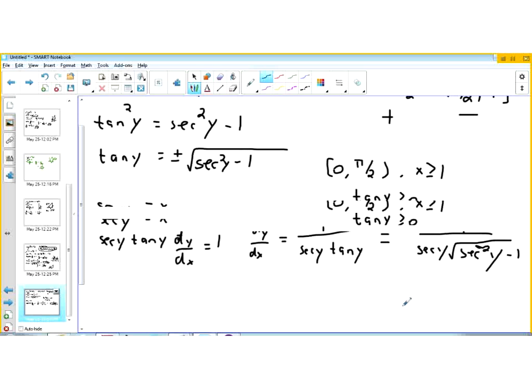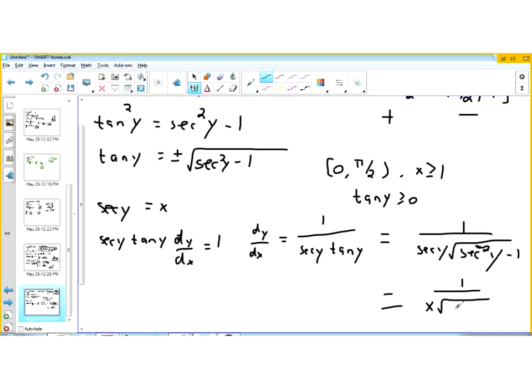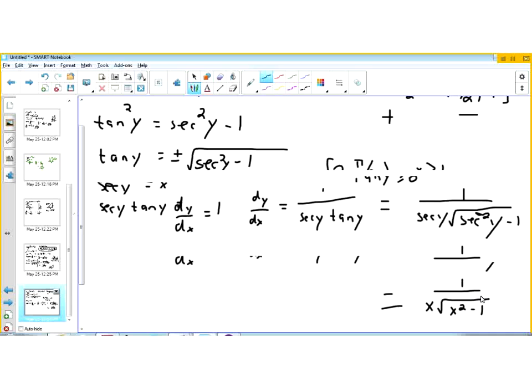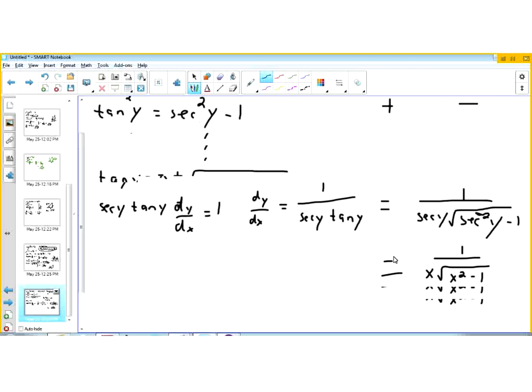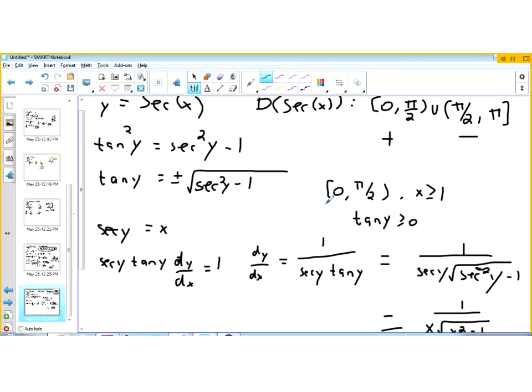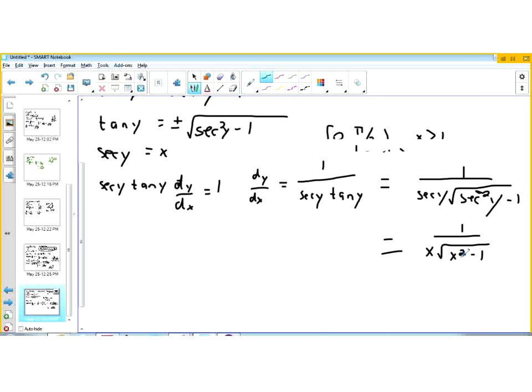Okay, which is equal to, that's not a minus 2, that's a plus 2. So that's equal to 1 over x times the square root of x squared minus 1. Okay, and the secant y, of course, is positive on the interval y equals 0 to pi halves, and so